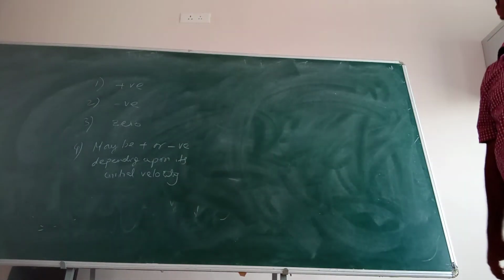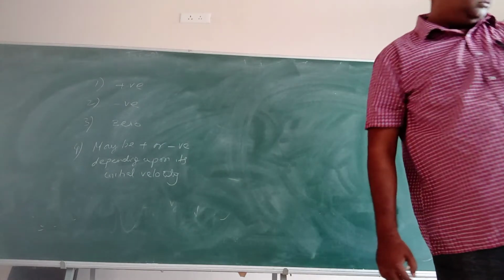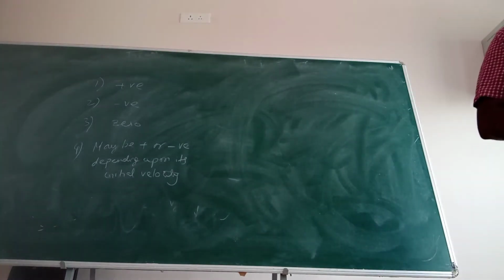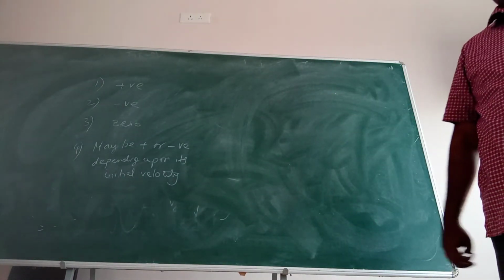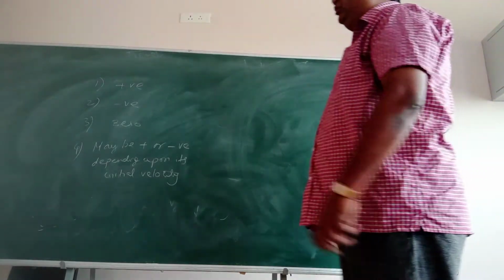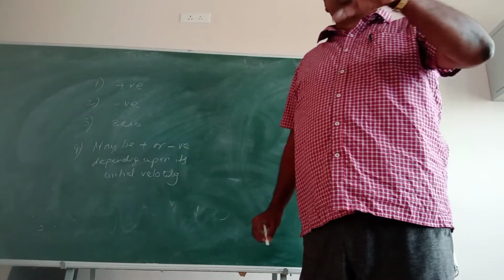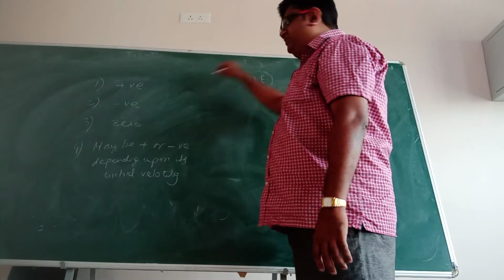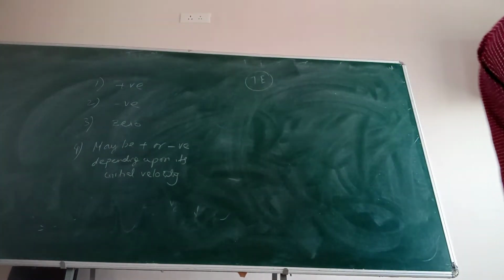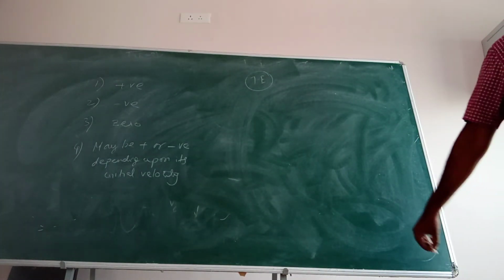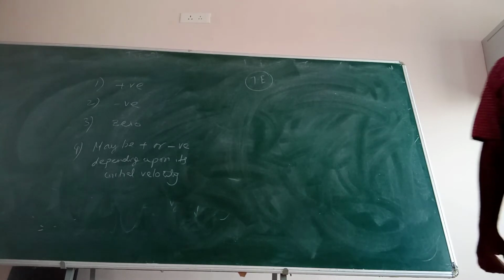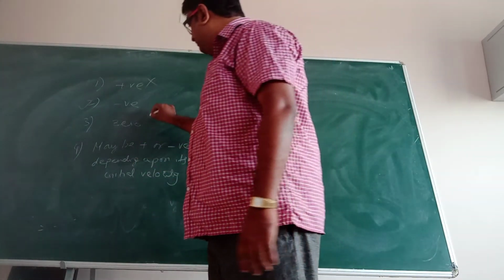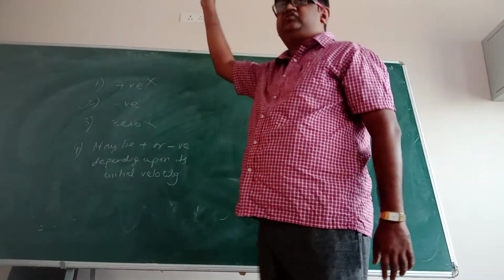The question is, an object is projected into space with a velocity less than the escape velocity. Then you tell me what is the total energy. That's what he has asked: the sum of kinetic energy plus potential energy. That is total energy. He is asking whether it is positive, negative, or 0. Yes, it is negative. It is never positive. It becomes 0 if it is escaping into space.